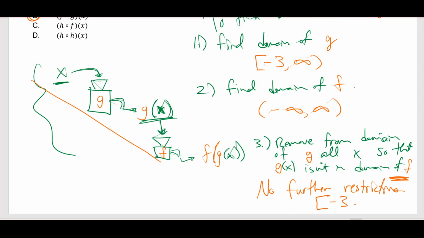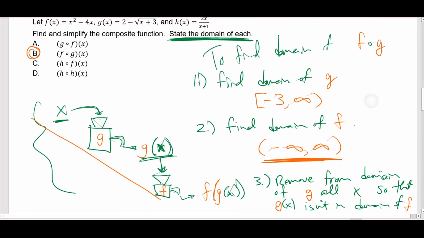So our domain is just going to be the domain of g. Okay, right, because f is polynomial. We put any number we want in there. As long as we have a real number output from g, the value that we're going to be plugging into f is going to be real. So it works. So great, we found the domain,